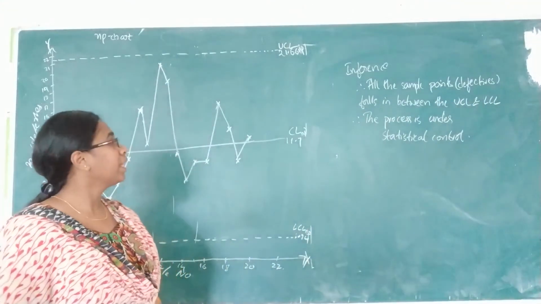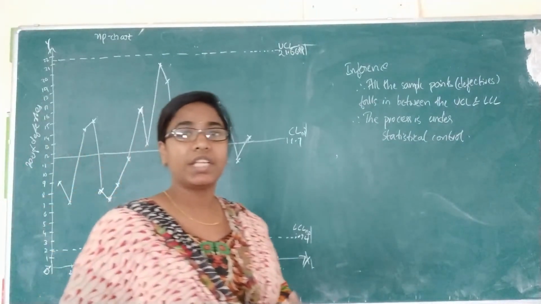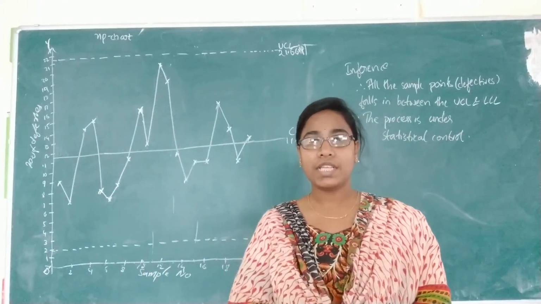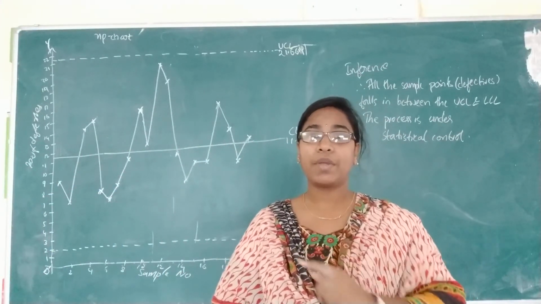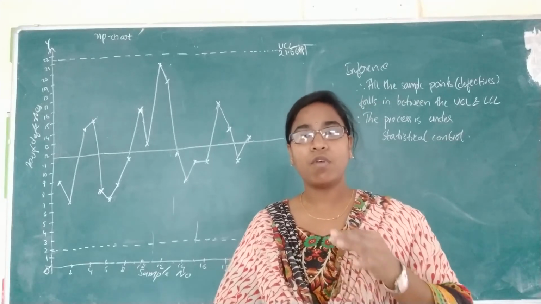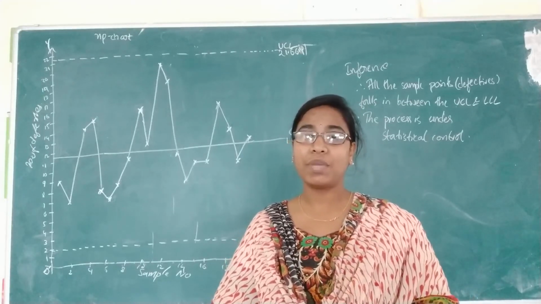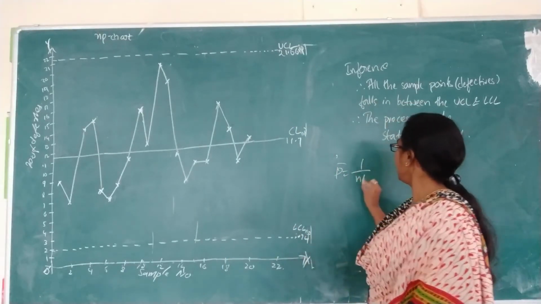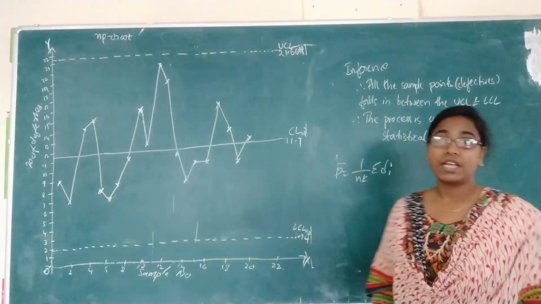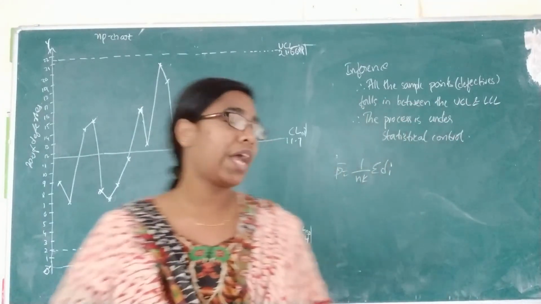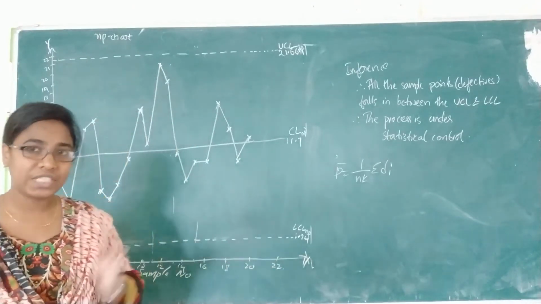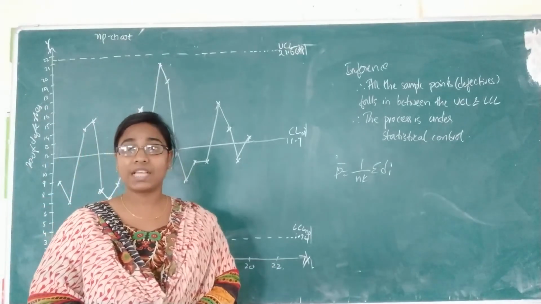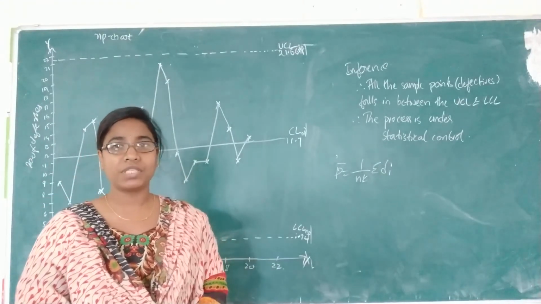So what will we be doing in the NP chart? In the NP chart, the defectives will be given and we will be plotting the defective values only. So the advantage for the NP chart is we don't need to calculate the Pi values. Since we want P bar, P bar can be calculated using the formula P bar equals 1 by n into k, summation Di. So you save time calculating the NP chart for the fixed sample size case. Wherever you have the NP chart for varying sample size, there you will be getting different UCLs, different CLs, different LCLs also.